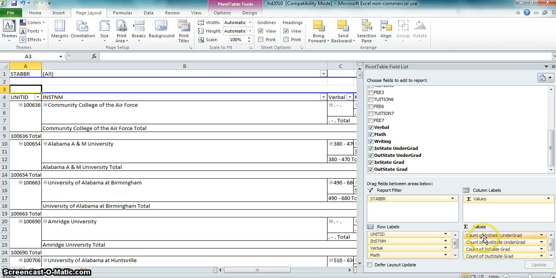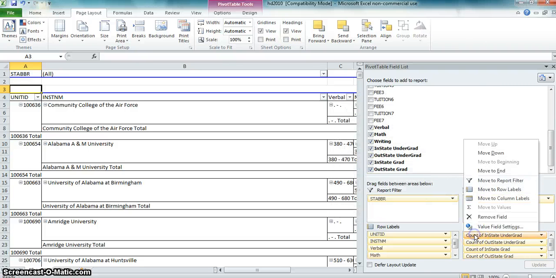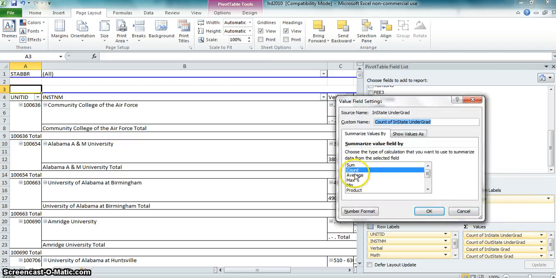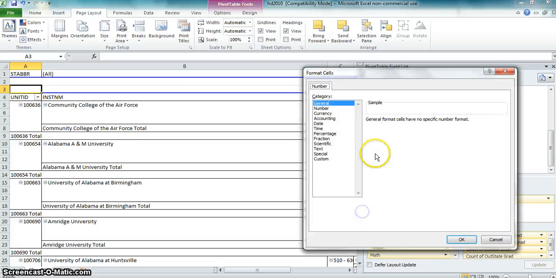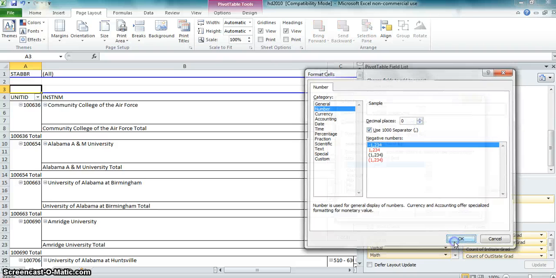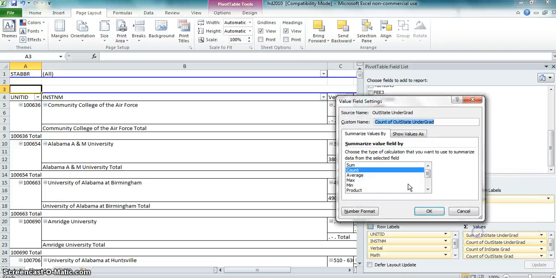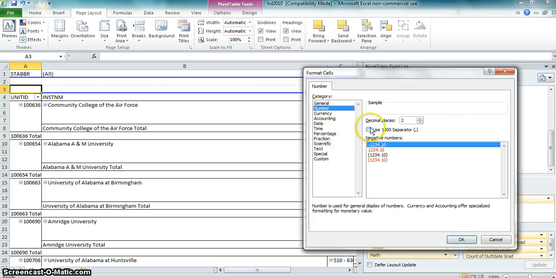Alright, we're gonna have to clean all this stuff up, but do you see what I just did? I clicked this tab, value sum, we'll put a number. So we're gonna do the same thing for all of these. Sum, number format,